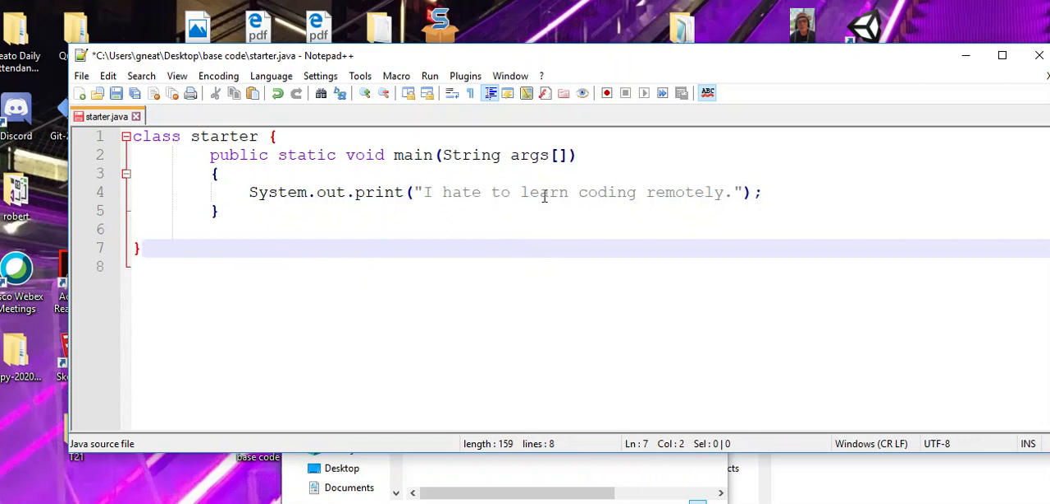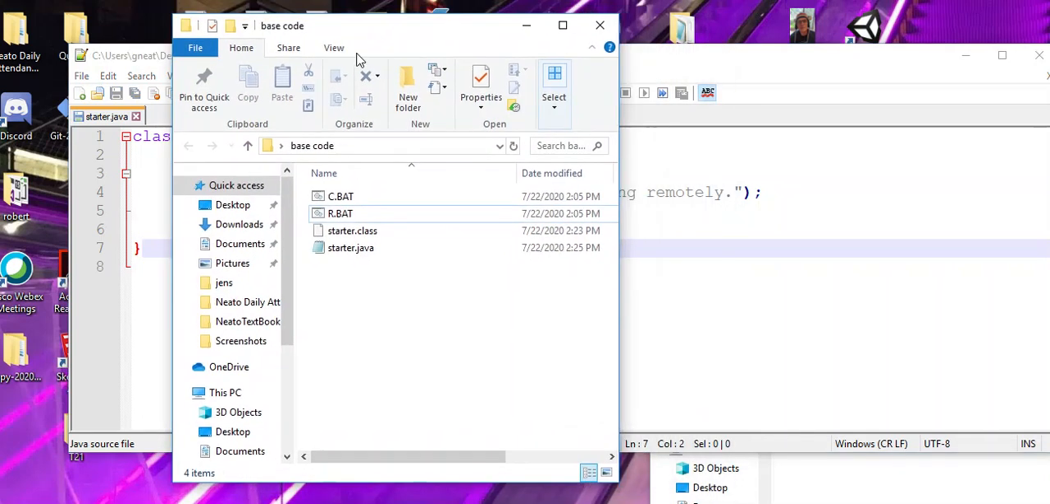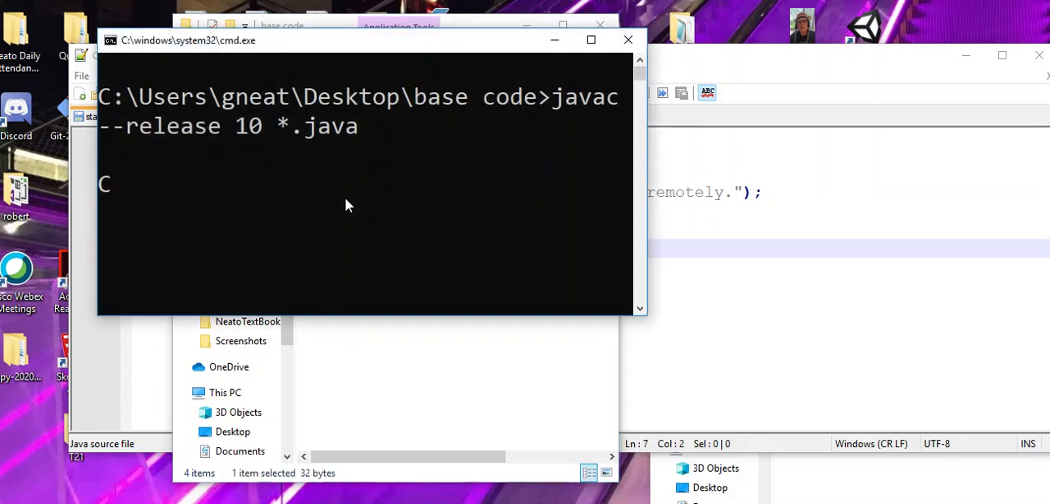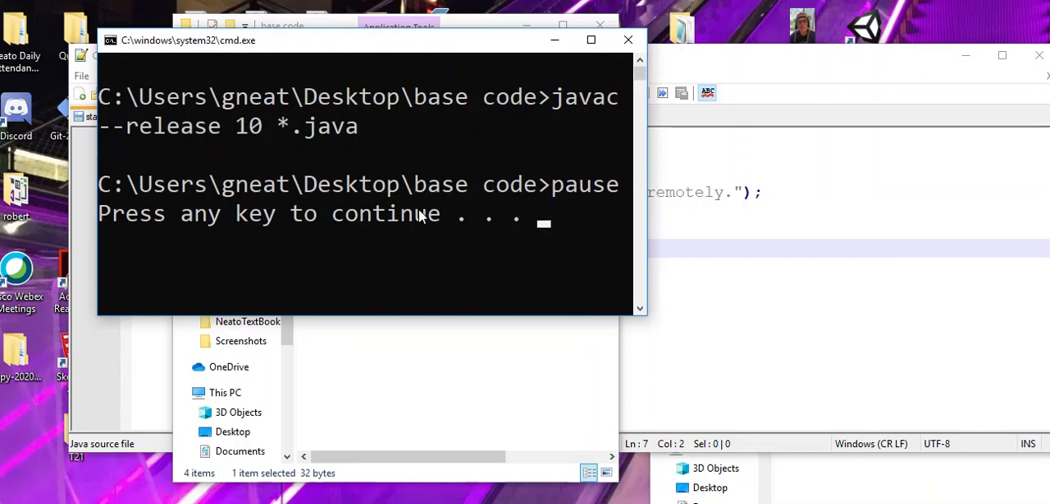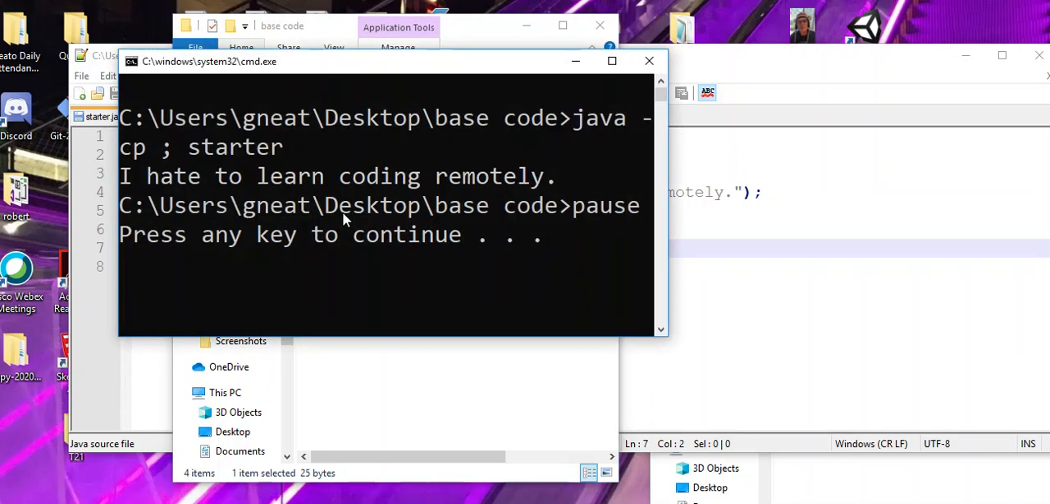So I edited my file. So now it says I hate to learn coding remotely. I have to save this. So I'm going to hit Control S. And then I'm going to go back to the base code file, which I put on my desktop. I'm just playing around with it. And I'm going to compile it again because I changed it. So I'm going to hit double C, and you can see here that I have successfully compiled it. And then I'm going to double hit R, and you can see the window that opens says, I hate to